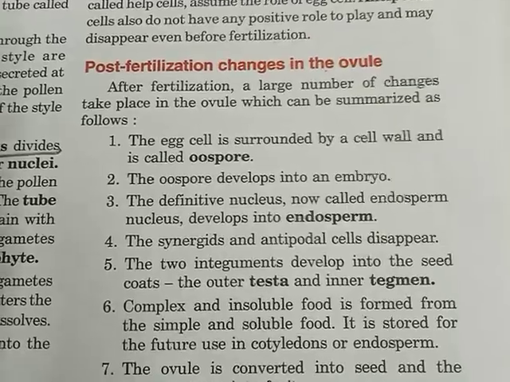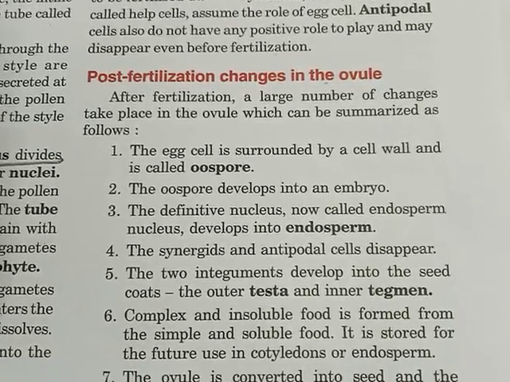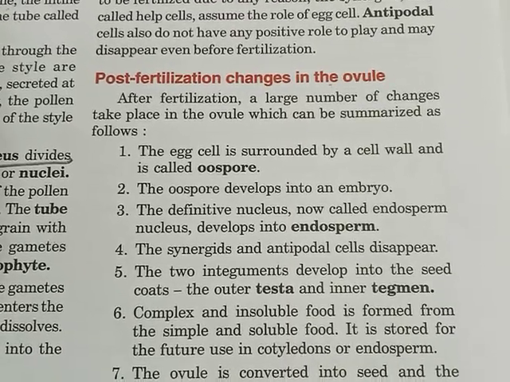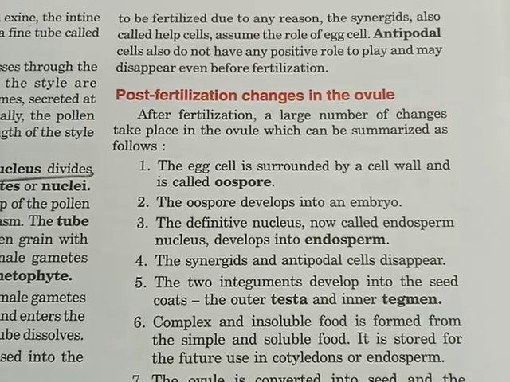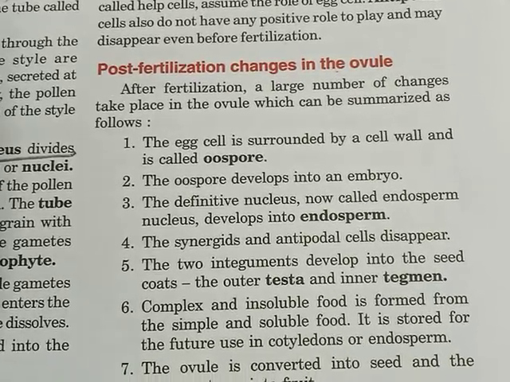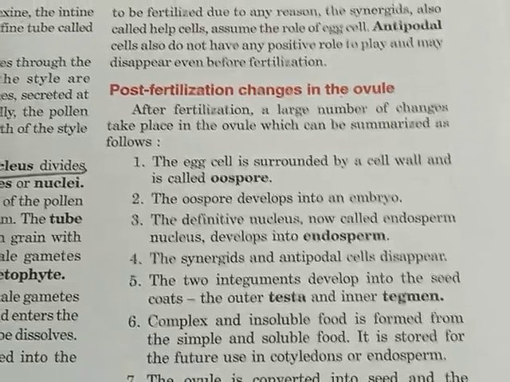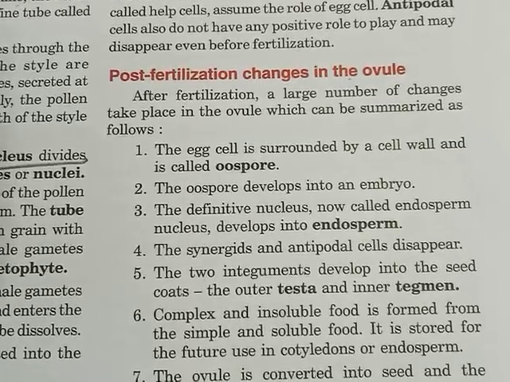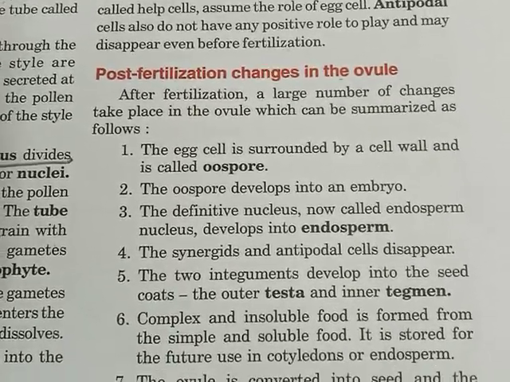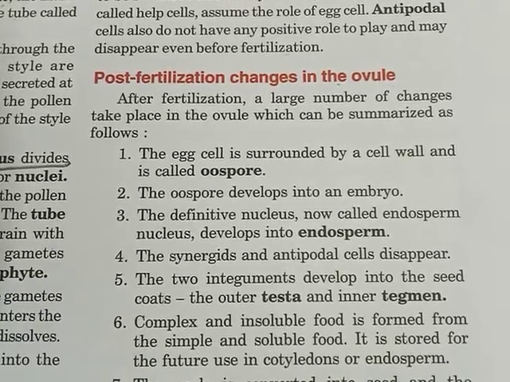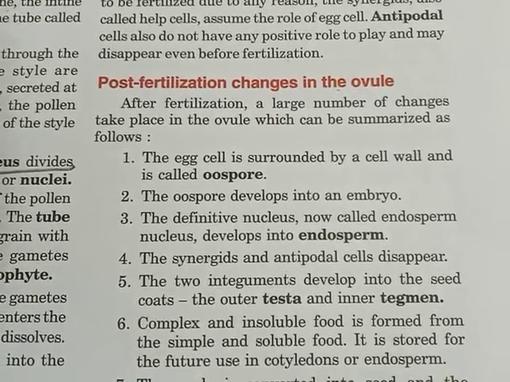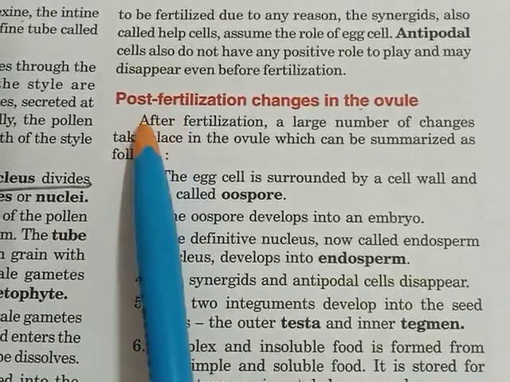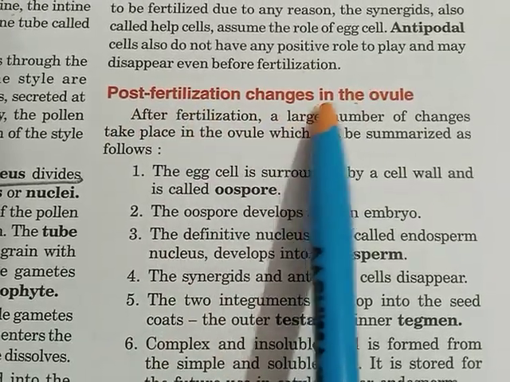This is the F part of pollination and fertilization. In the previous session, we have studied about fertilization, the structure of pollen grain and ovule, and how fertilization takes place. What all changes take place, or what all events happen during the fertilization. And we have seen that the zygote is formed after the fusion of the male gamete and the egg. Now, today we will study about the post fertilization changes in the ovule.